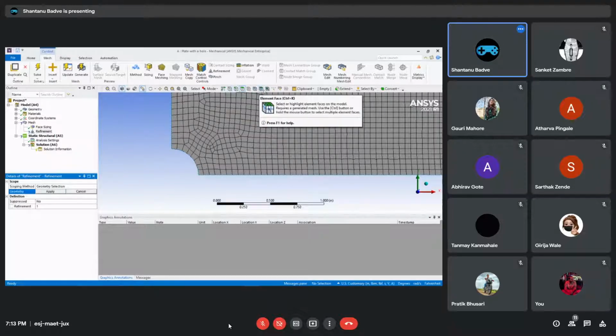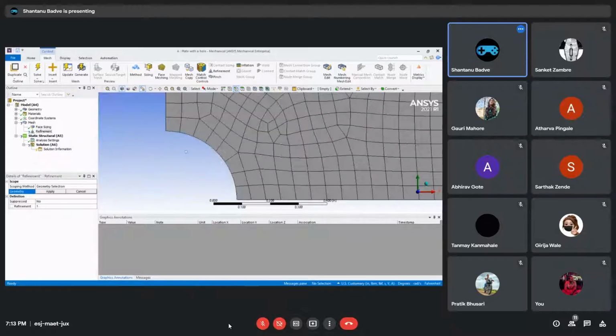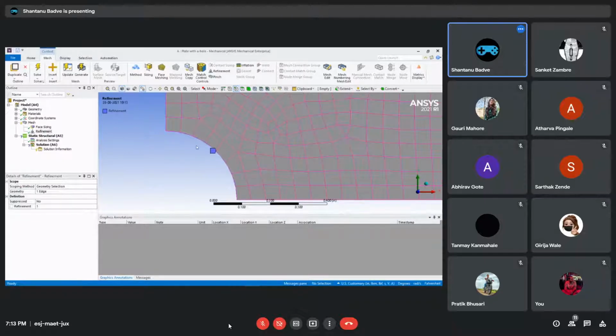If I see here, there are a few tools. These are selection tools, all right? And if I just click on the edge selection tool over here, or you can also press Control plus E if you want to, I will just select this, and I will come in here. I can see that now I can only select this curve over here, which is what I want to do. I will just select this curve, and I can just click on this button, and it gets applied automatically.